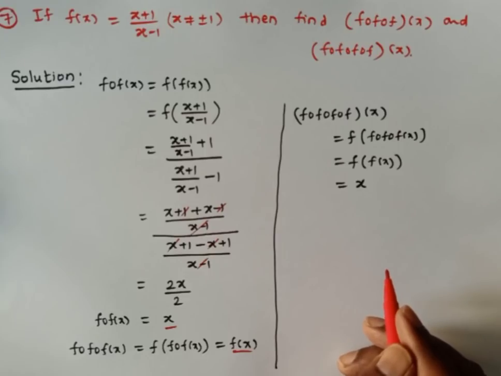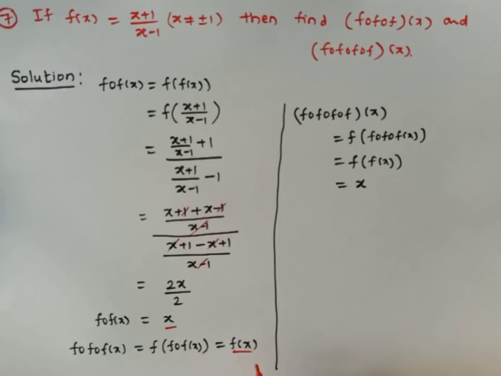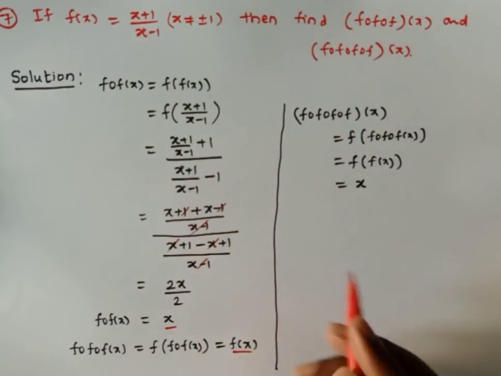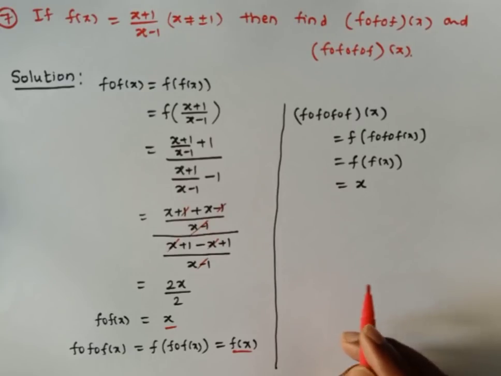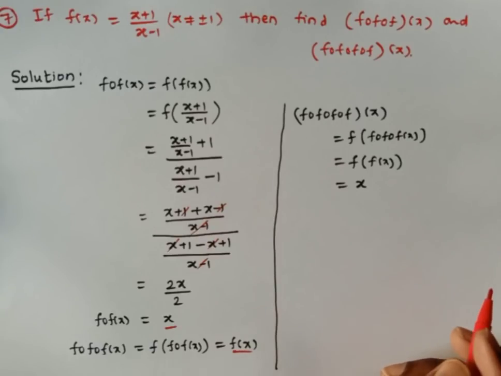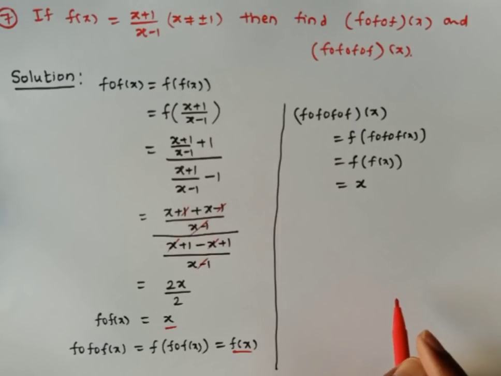If it is 101 times, now directly you can go with f of x. There may be an option f of x, or x plus 1 by x minus 1. So like that, you need to choose. Or f compose f and so on f of x, where f is applied n times. F n times means when n is even, then the answer is x. When n is odd, the answer is f of x. So like that.